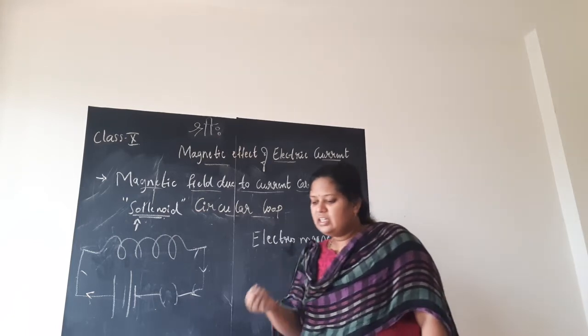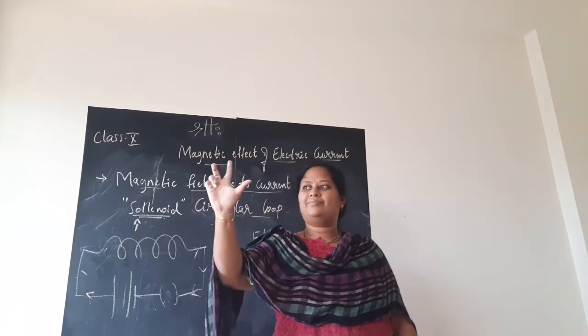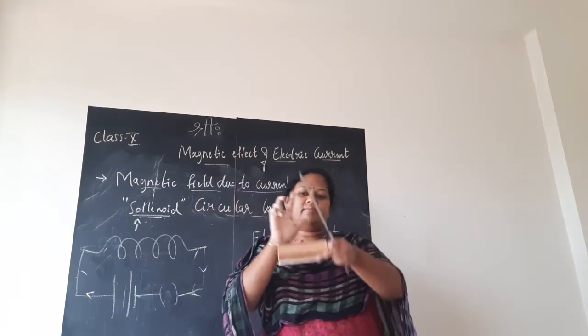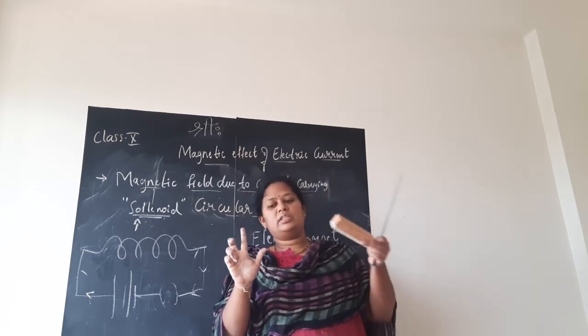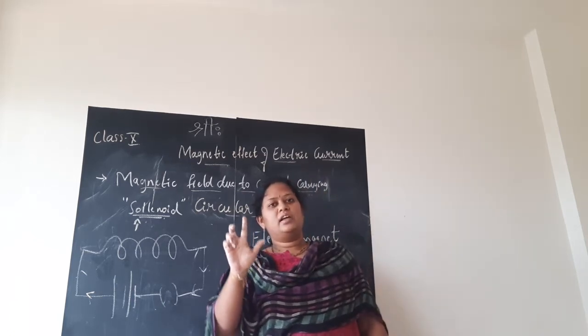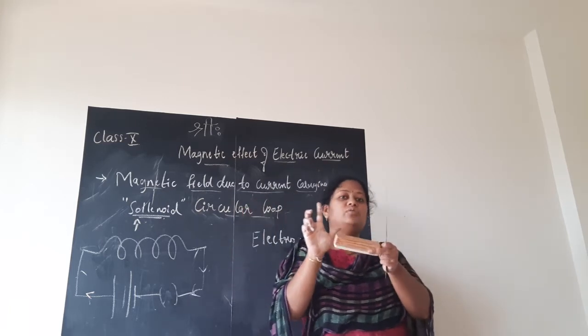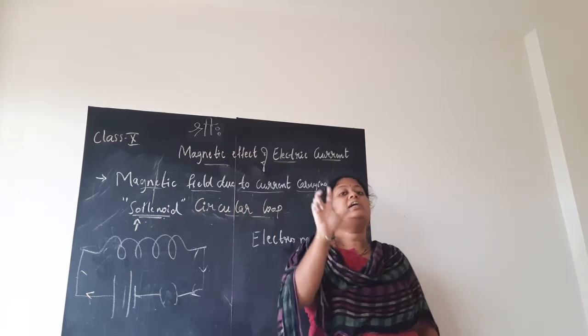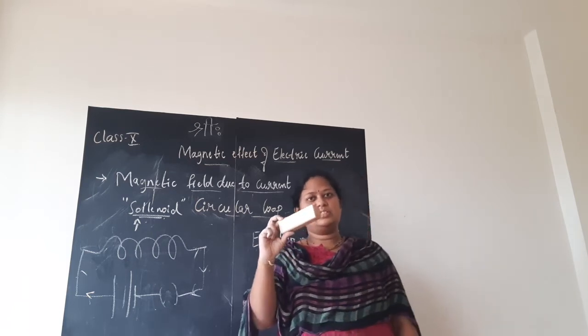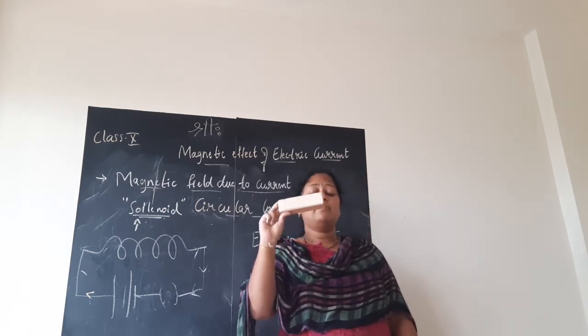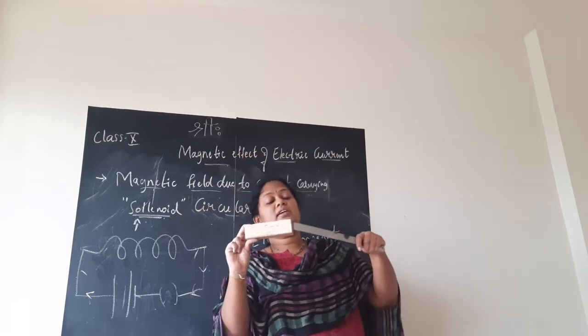So suppose the crane is lifting one heavy iron block. Now that is a magnet, not a permanent magnet. It is a temporary magnet. So what they do is they will pass the current through this magnet. Whenever current is passed through this conductor, children, it gets magnetized. This is the conductor now. I will magnetize it. I will pass the current through this.